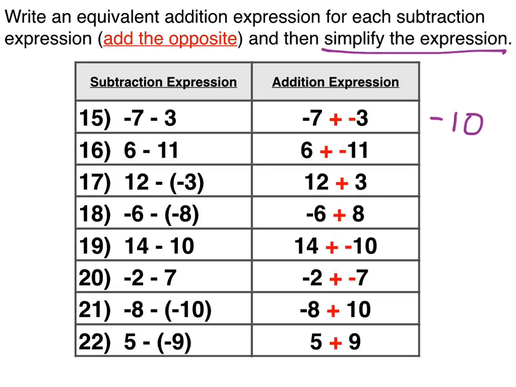This one, of course, is negative 10. This is negative 5. That's 15. That's 2 because we have 2 more positives than negatives. This is 4 because we have 4 more positives than negatives. This is negative 9 because we have 9 negatives and 0 positives. This is 2 because we have 2 more positives than negatives, and it is clear that the last one is 14. Okay, so let's go to the back side of your notes.